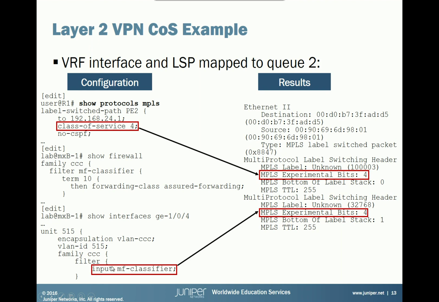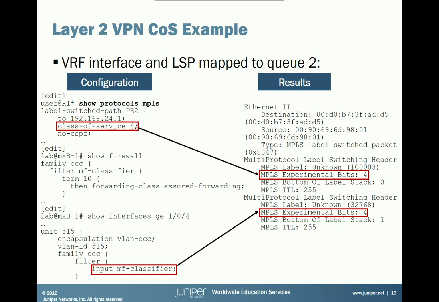And I can use the inner, or let's say the multi-field classifier, to set the inner label down here, while the transport label is going to be set by the definition here of class of service 4, tied to the whole LSP. What's a bit confusing is, in this case, both values are the same, but again, they don't need to be the same. Outer label class of service and inner label class of service might also be different, which means